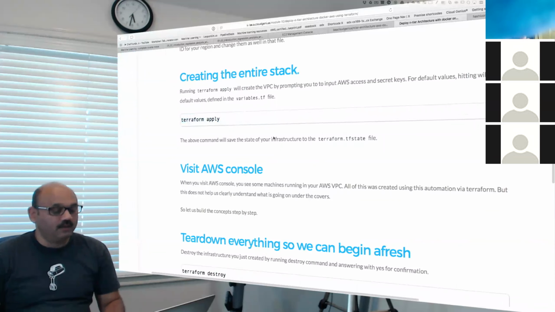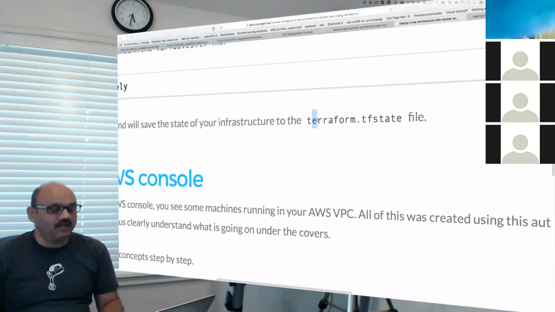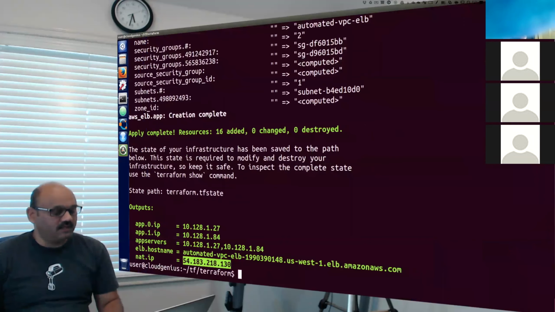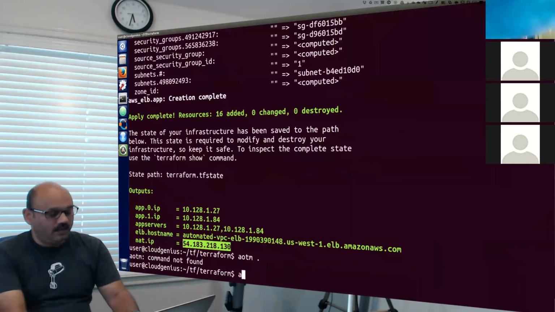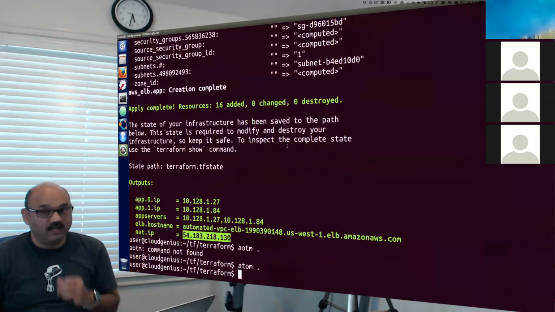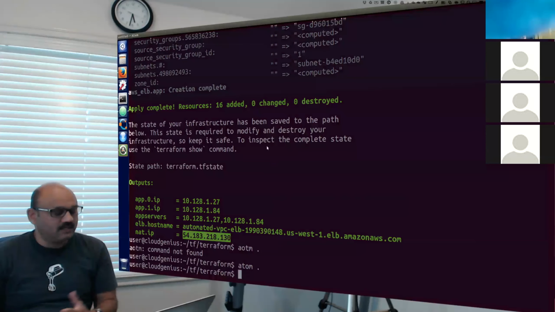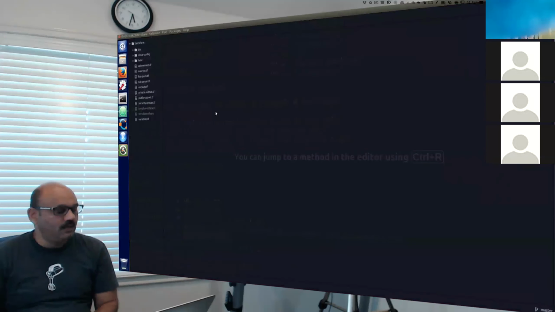And let us also see the output of this terraform.state TF file. What does it actually contain? I'm going to open Atom Editor and inspect that TF state file, which basically describes what has been done for us.